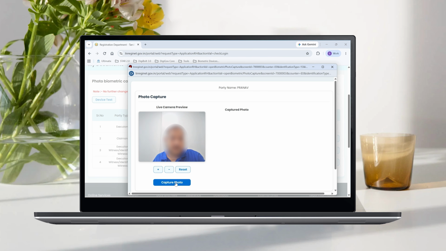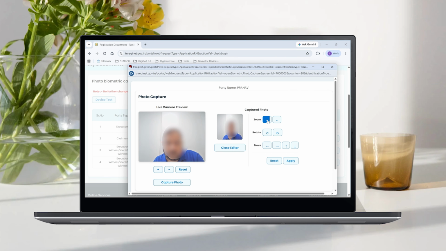After completing these checks, click the Capture Photo button. A still photograph will appear on the right side of the window. Below the photograph, you will see an option to edit the image. Click Edit Image. The available controls on the right side can be used to zoom in, zoom out, rotate, or move the photograph.